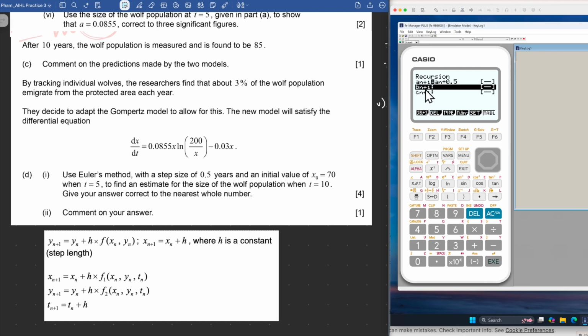Now the second thing, bn, represents x. It's just a different symbol. We use bn in the calculator instead of x. In the question, bn here is the number of wolves. So according to the formula in the formula sheet, the second row here, xn+1 equals xn plus h, which is the step size, times the first function. Okay, so let's enter bn, and then plus the step size 0.5 and multiply with the first function,